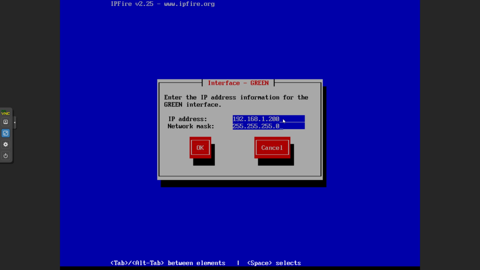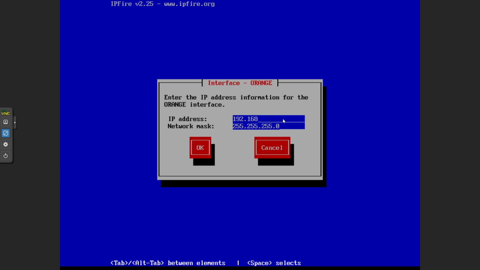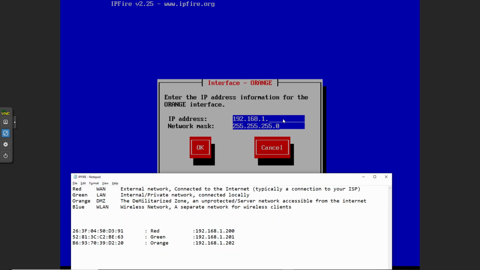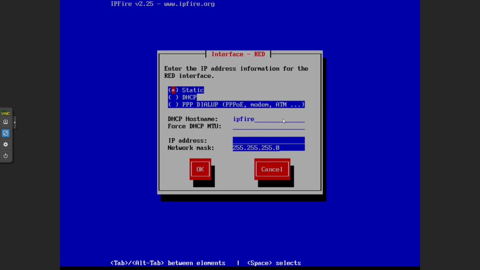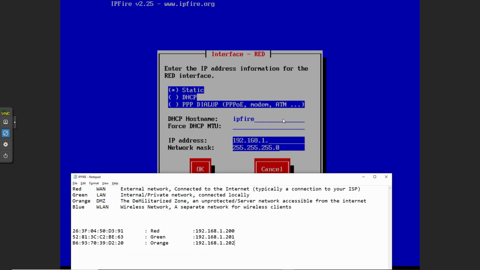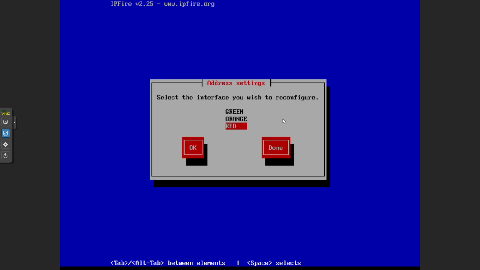Let's go back. So 201 for the green. Orange is 192.168.1.202, 202, and the red is going to be static again. IPFire 192.168.1, and so we got the red is 200, and I'm happy with the rest. And I'm going to say OK. I'm going to say done,